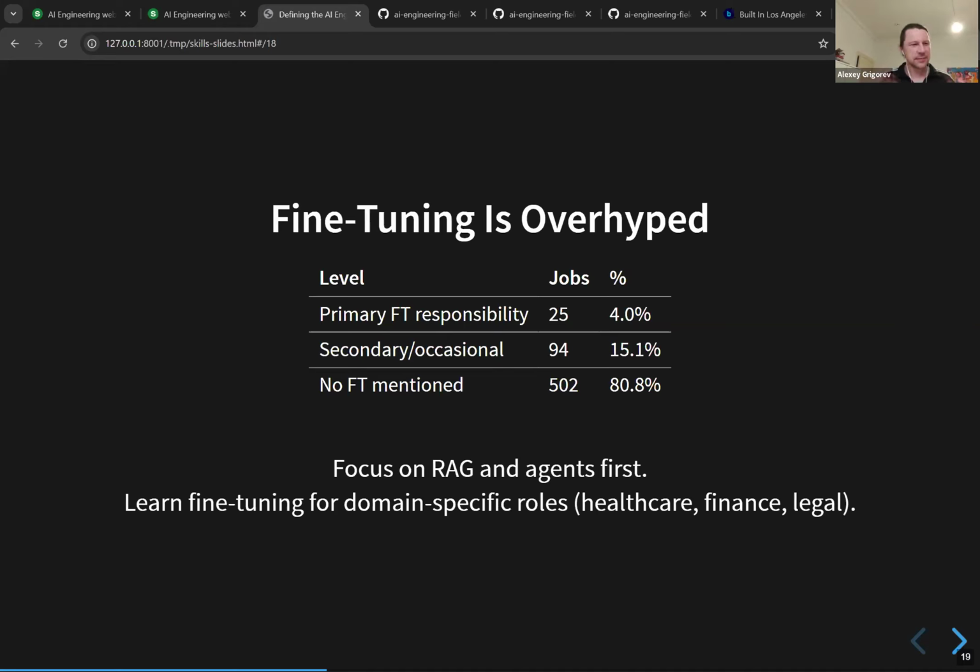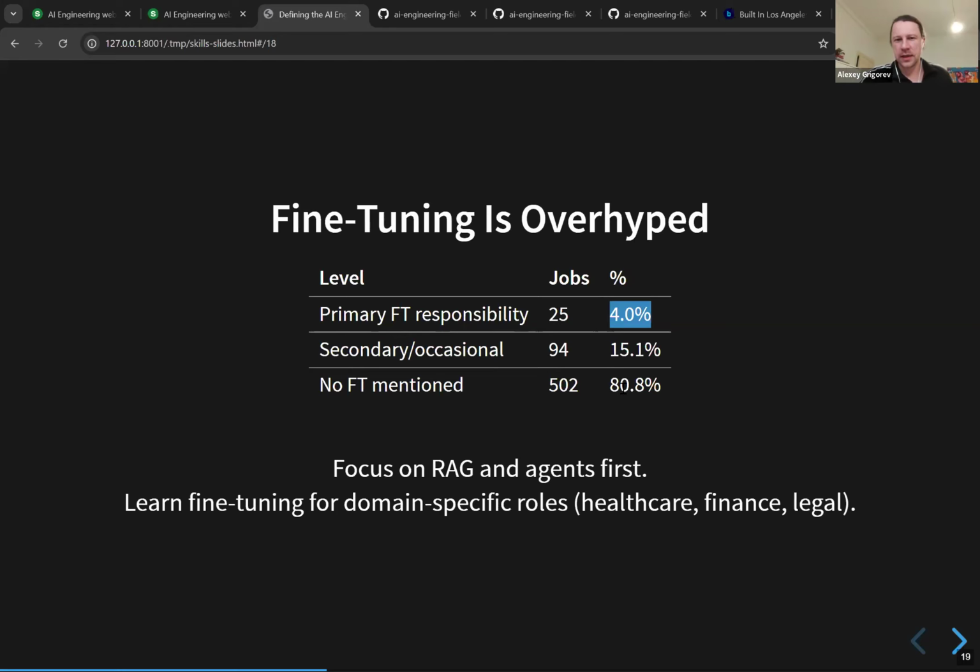And to me, the question I had was how important is fine tuning for starting with AI engineering? Because it seemed to me many people talk about this online and on social media, but how important is it actually? And it looks like it's not really important.